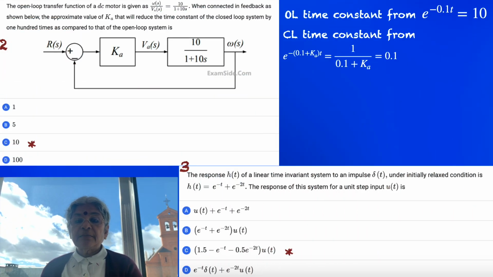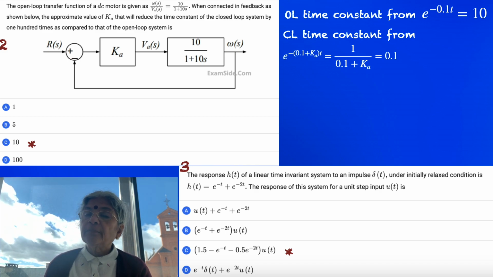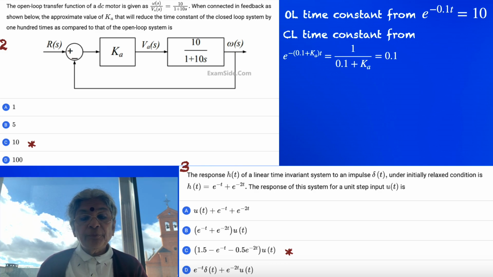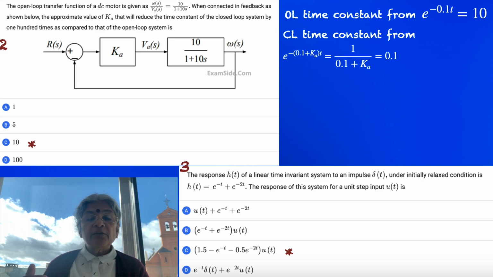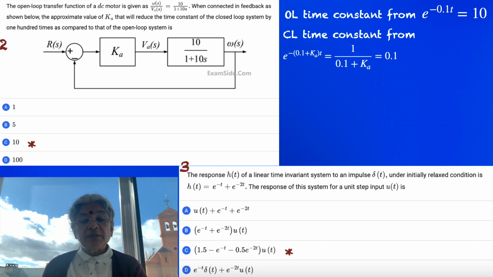Moving to the third problem, the response s(t) of a linear time system to an impulse delta(t) under initial relaxed condition is s(t) equal to e raised to minus t plus e raised to minus 2t. The response of the system for a unit step input, as we had done earlier, you take the integral. One of the terms would be e raised to minus t into minus 1, and the other would be e raised to minus 2t by minus 2, that's equal to minus 0.5 e raised to minus 2t. So we have two terms emerging in option C, and then for t equal to 0,